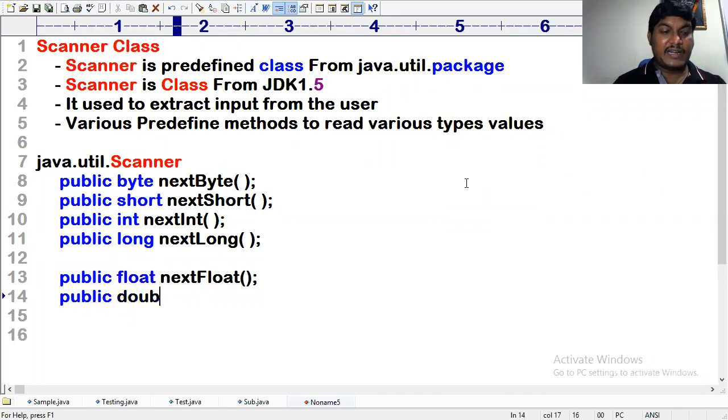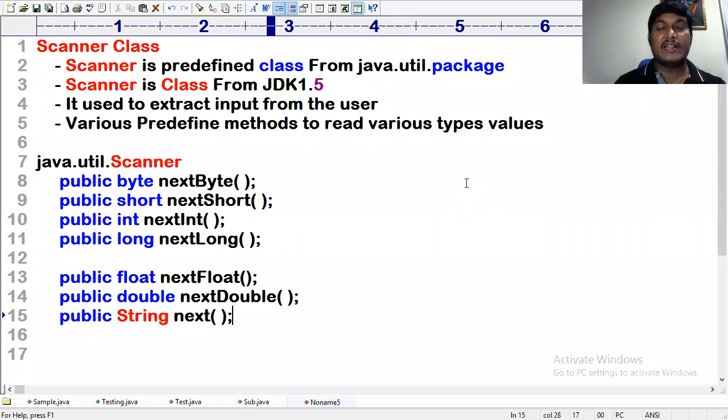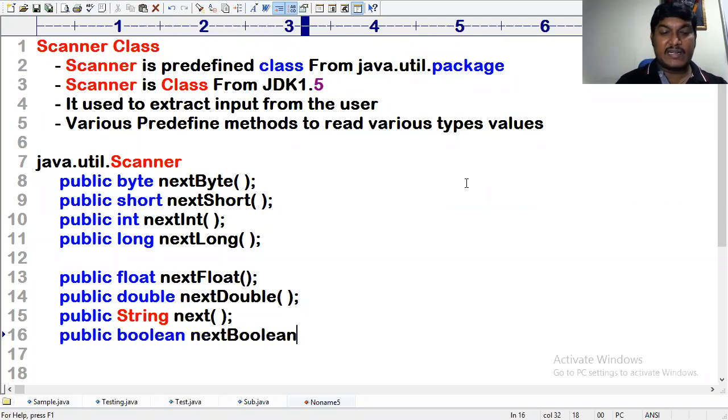Similarly, public double nextDouble is a method to read the double value. Similarly, public String next is a method to read a string value from the user. Finally, public boolean nextBoolean is a method to read the boolean value from the user.